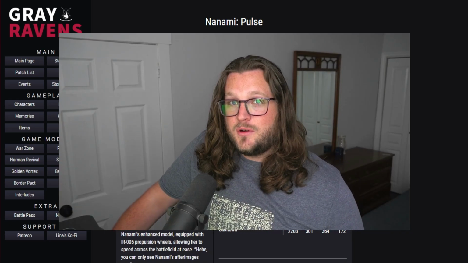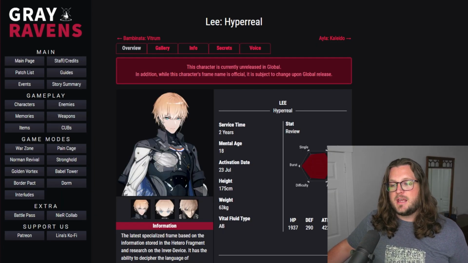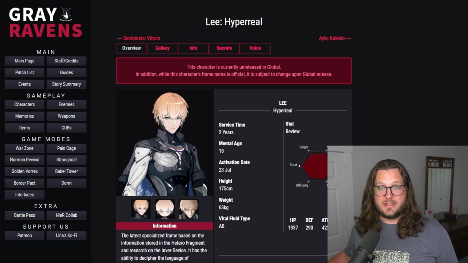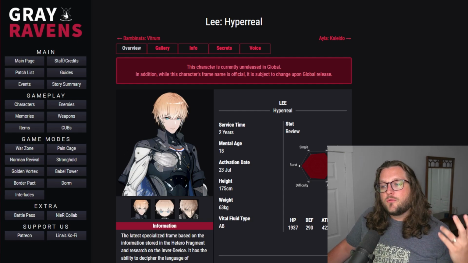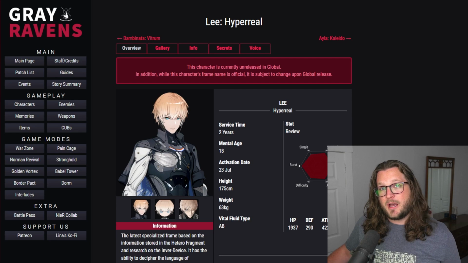However, that is going to change with the inclusion of Lee Hyperreal. His burst damage potential just far surpasses the other fire units that are currently in the game. As well, his core passive works really well synergistically with Live Imperia and Nanami Starfarer. After rotating through Nanami Starfarer and Live Imperia, you should have triggered enough 3 ping orbs that when you switch to Lee Hyperreal, you can come in, activate his core passive for a burst,